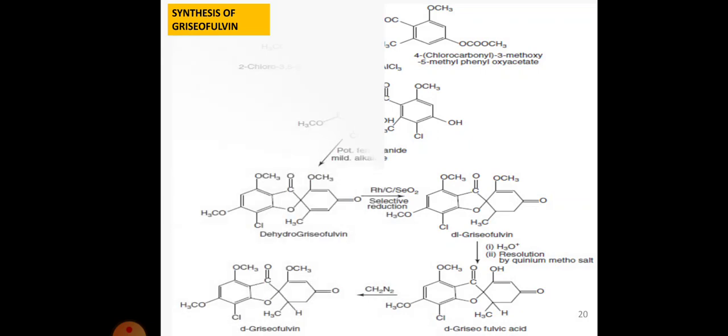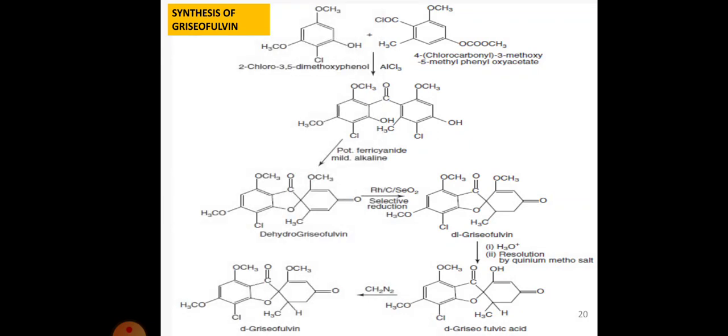Coming to the synthesis part. Here we will be seeing some of the important compounds' synthesis. Amongst that, the first one is synthesis of GRISEOFULVIN. The synthesis of GRISEOFULVIN involves 5 steps. In the first step, there occurs a reaction between the two reactants, that is 2-chloro-3,5-dimethoxyphenol and 4-chlorocarbonyl 3-methoxy 5-methyl phenyl oxyacetate. In the presence of aluminum trichloride, they undergo the reaction to give rise to the compound that is